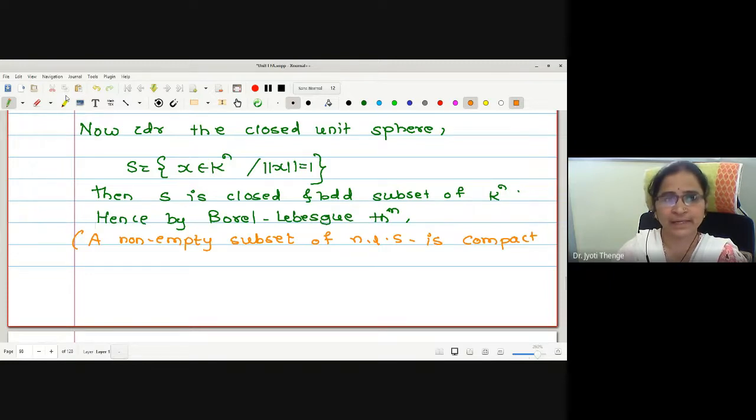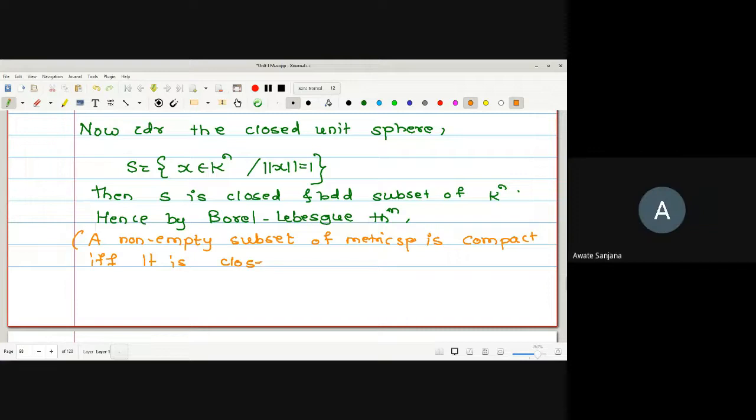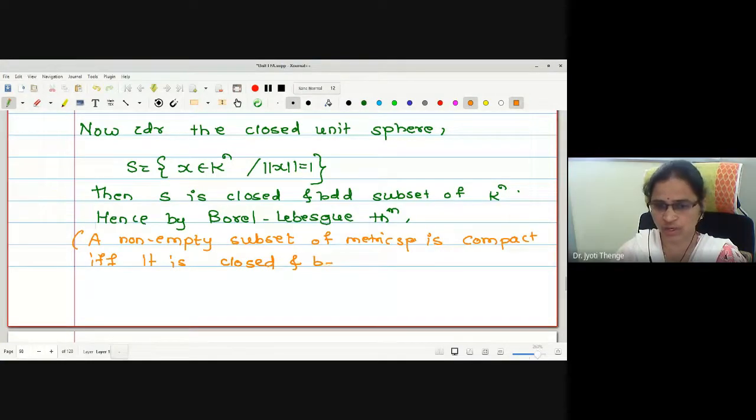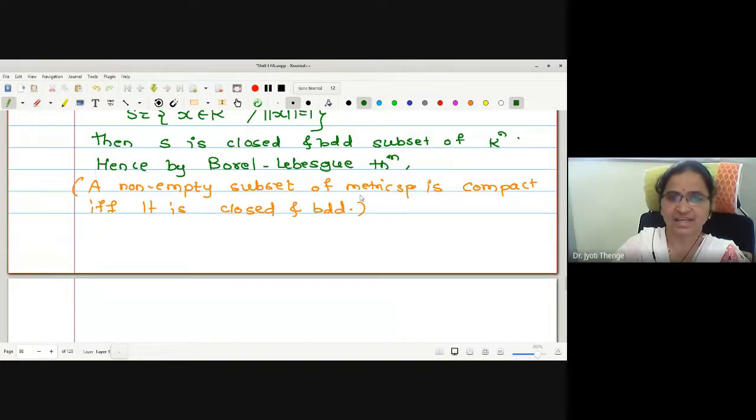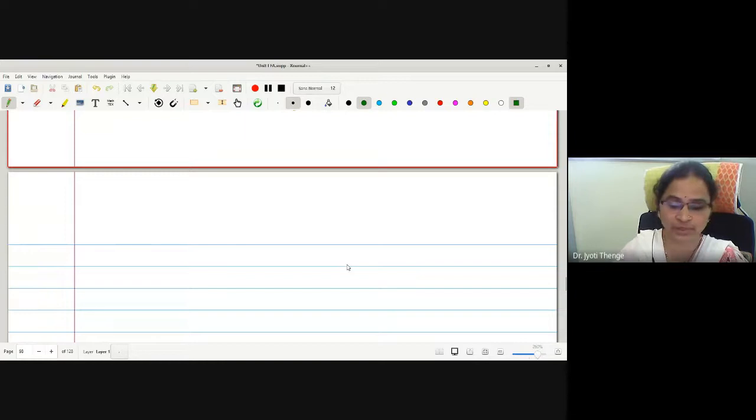So let us write metric spaces here. A subset of a metric space is compact if and only if it is closed and bounded. It is true for a metric space, so can I use it for a normed linear space or not? Yes, ma'am. Therefore, by the Borel-Lebesgue theorem, we will get S is a compact subset